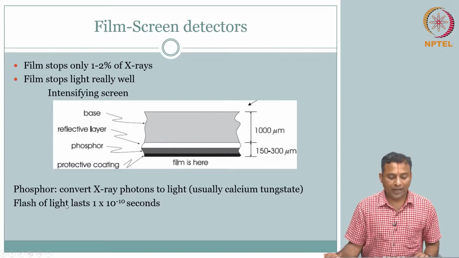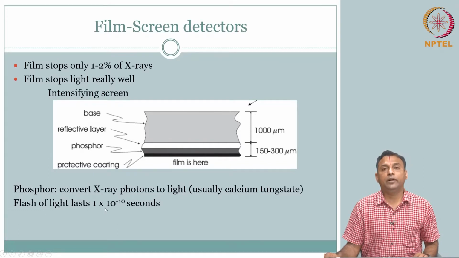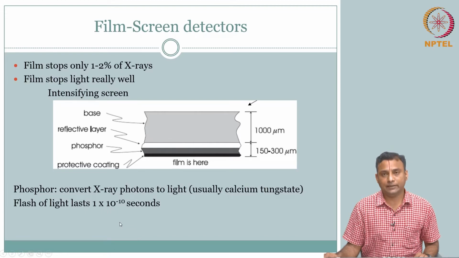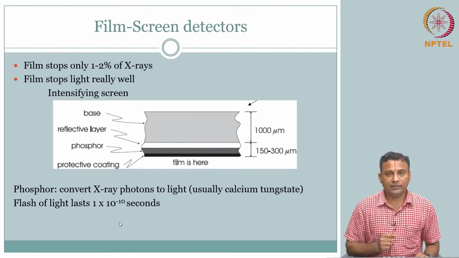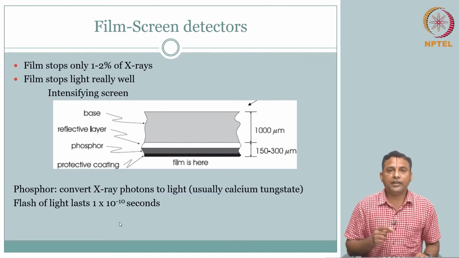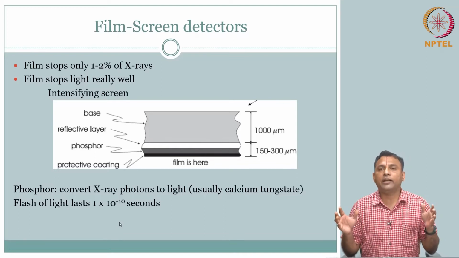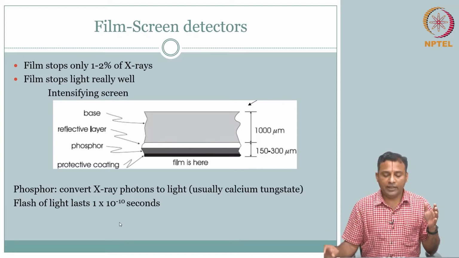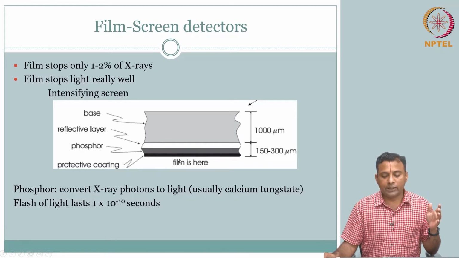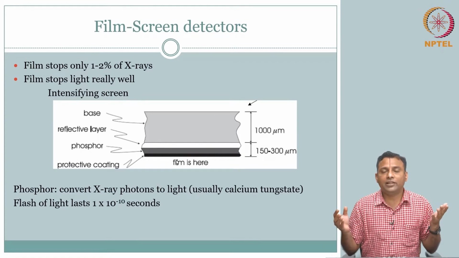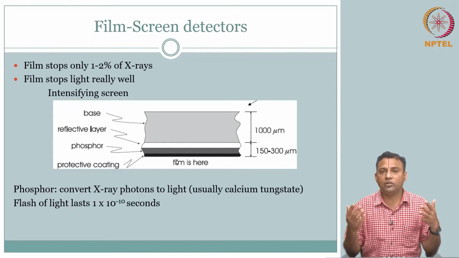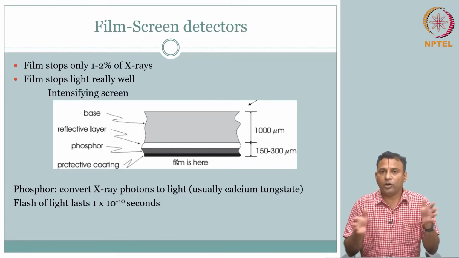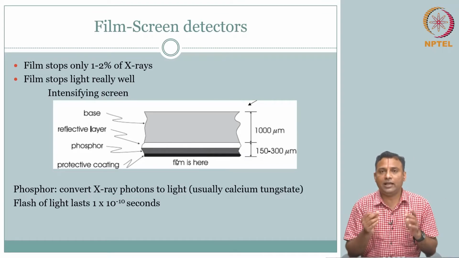The idea is this: the flash of light lasts only 1 into 10 power minus 10 seconds. So, you get this brief light, and this is very useful also. You do not want the light to last for a long time. Then what is going to happen? The light is going for a long time, which means it can spoil the film. A natural disadvantage is you may have blurring, you remember the motion artifact and all those things. So, you may have temporal blurring because of that, so you want it to be as quick as possible.